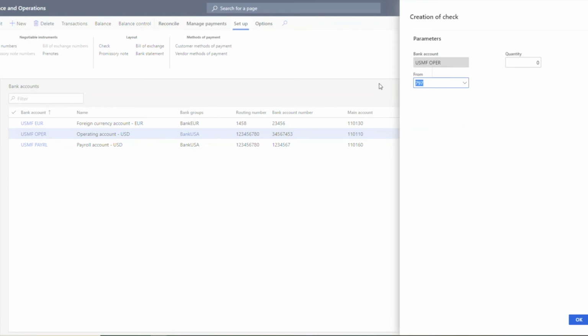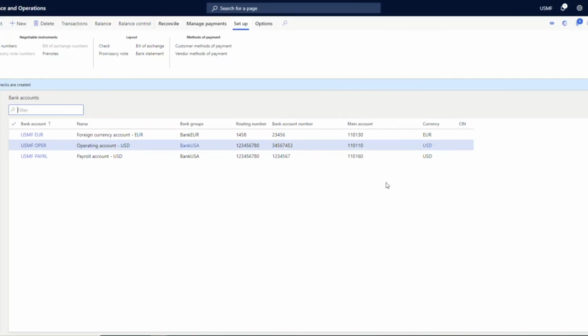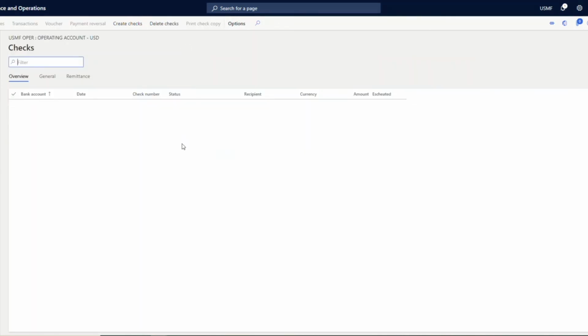Let's say it is 800, and I can specify the quantity, for example 10. And what the system is going to do is give me the check numbers that are generated by the system. For example, if I were to go to the check under manage payments and related information.